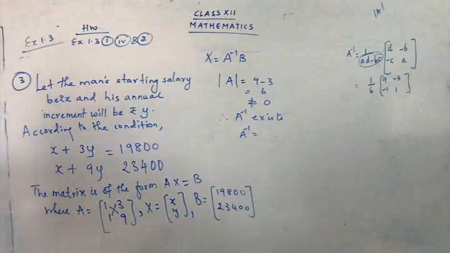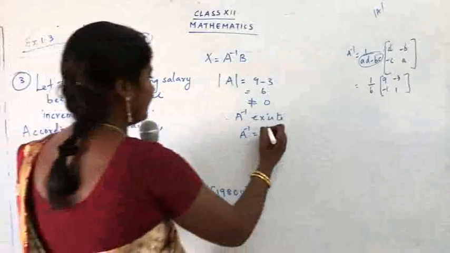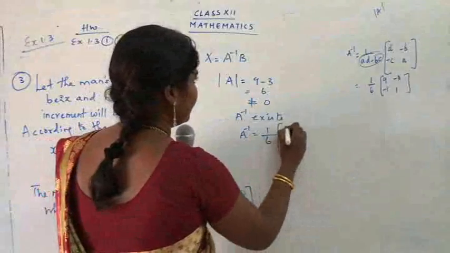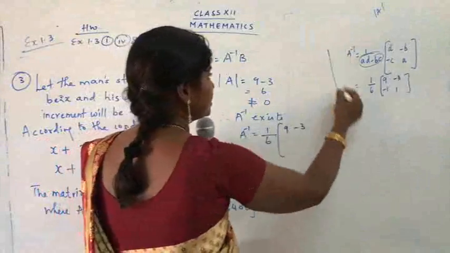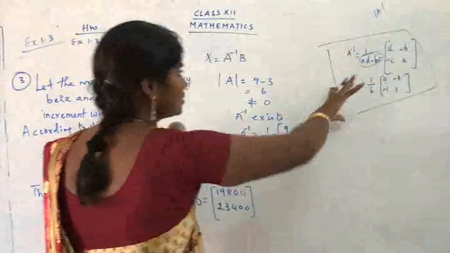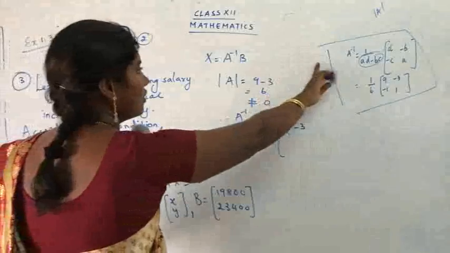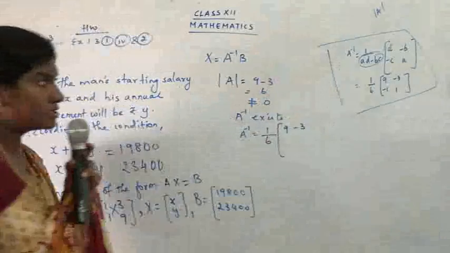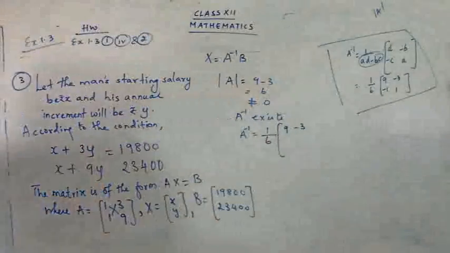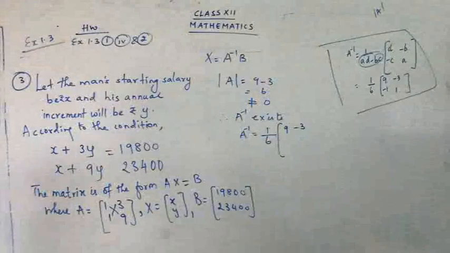So let's substitute the values. Before we just write the value here, it's 1 upon 6, 9, minus 3. So you mention this step, okay, do not just skip this step, you have to show your step. Because I am writing here the answers directly. So just in the corner, you have to show the step. Do not skip the step, children, you may lose your marks. So you have to show your steps.